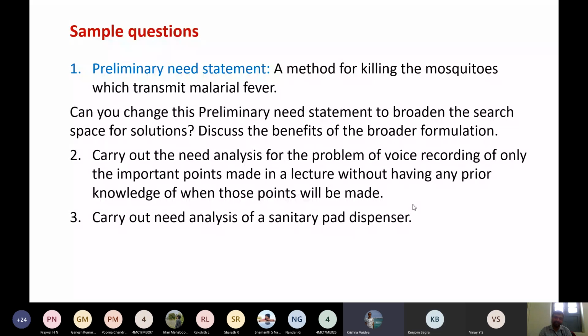Padman. So who is the person in reality who worked on this issue? He's from Tamil Nadu, Arunachalam Padmanathan, like that there is a name. So here also, if you are designing a machine which can dispense sanitary napkins,